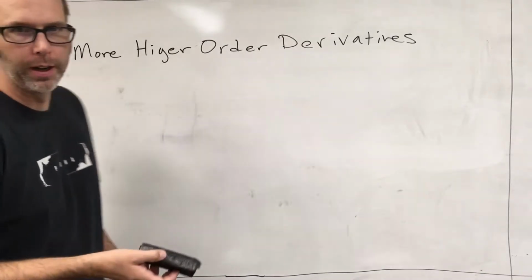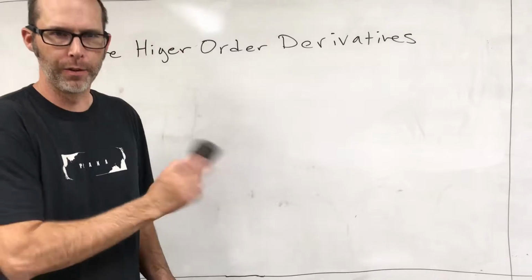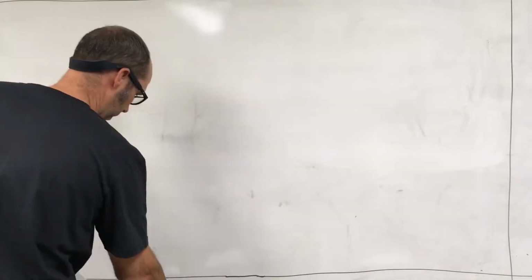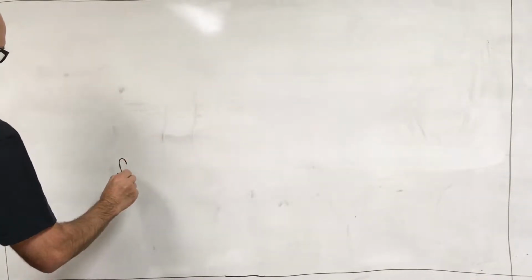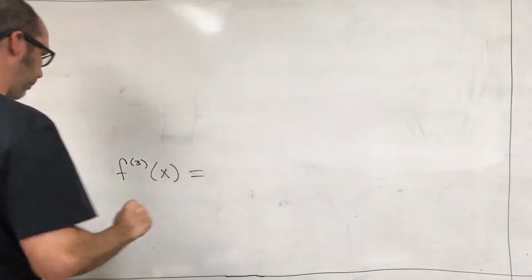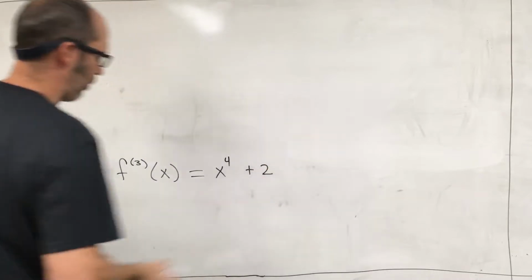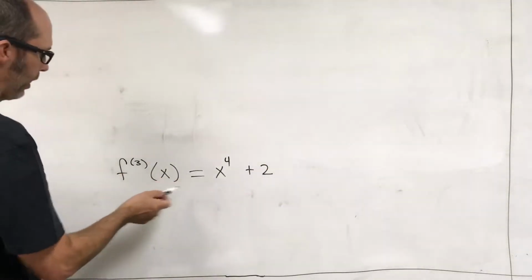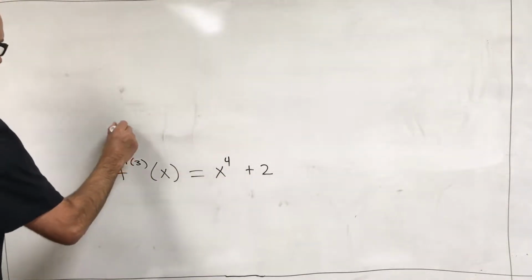All right, so we did higher order derivatives. Now we'll do antiderivatives. Let's say that the third derivative of some function is x to the fourth plus 2. All right, so then the second derivative,